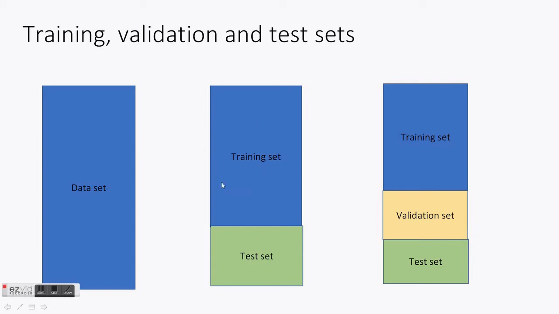We build our model on this training set. We keep fine-tuning the model so that we get the best fit, that is the lowest mean squared error and a very good R-squared value. And then once we think we are sufficiently confident that we have a good model, we then test out this model on this test set, which is about 30% of the